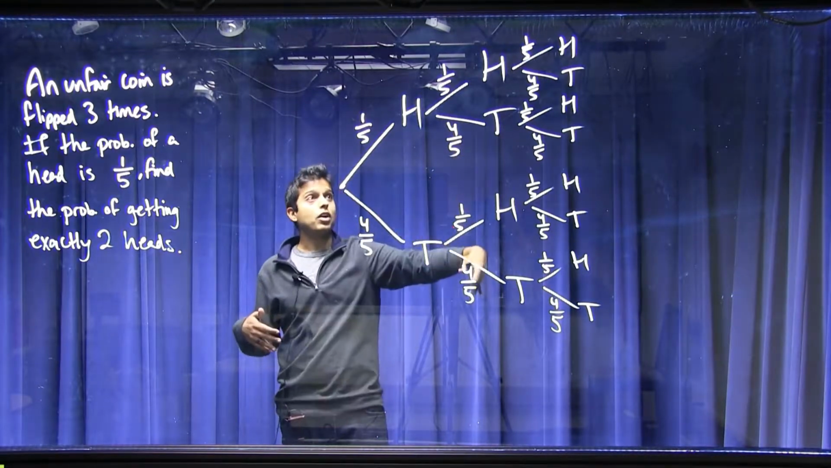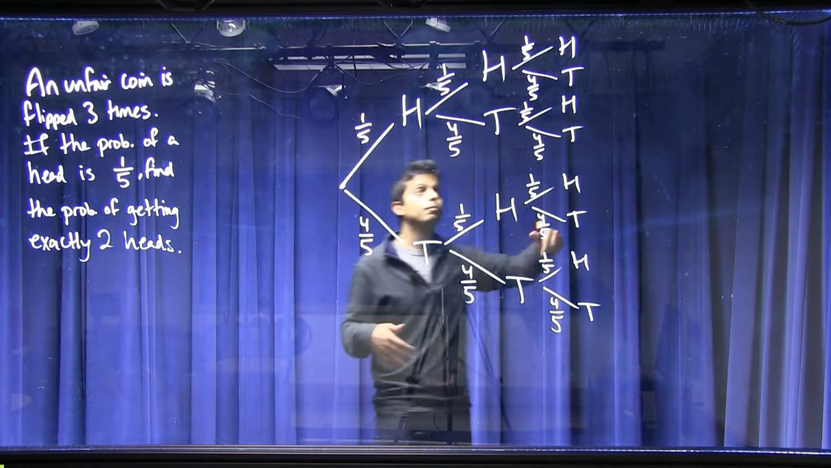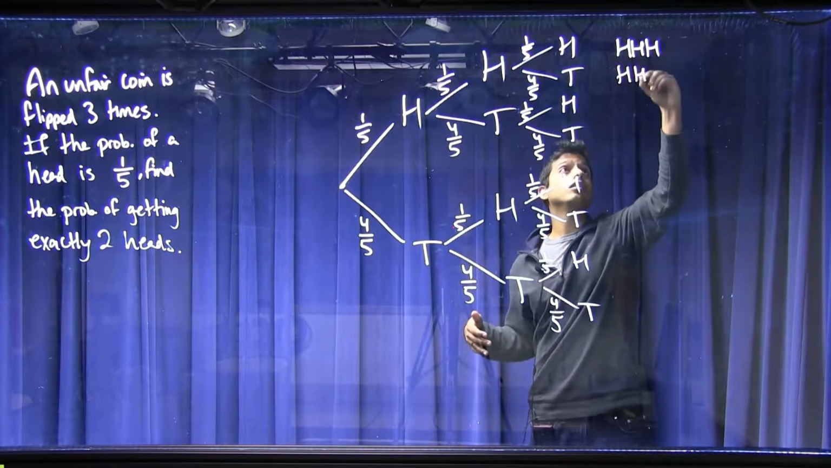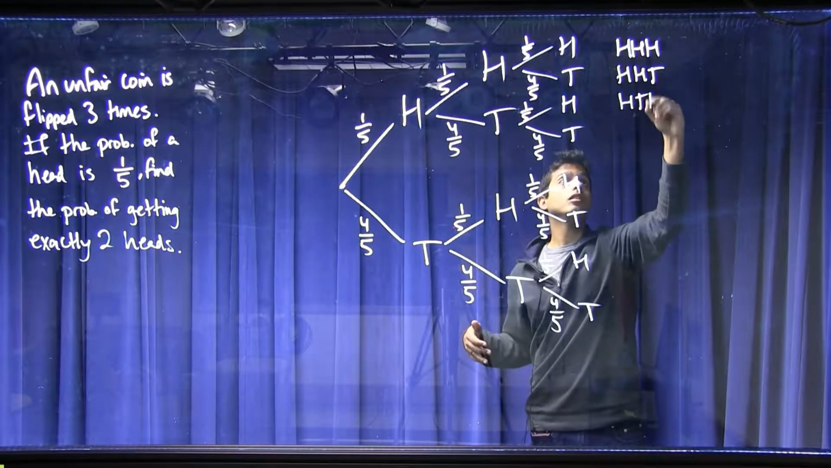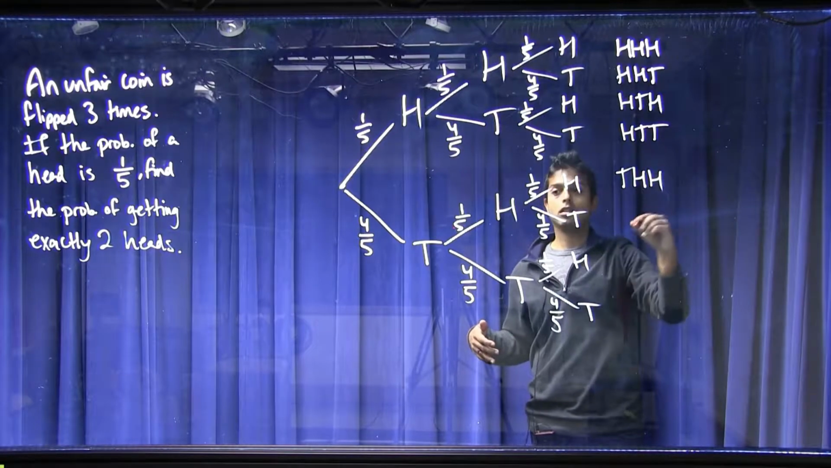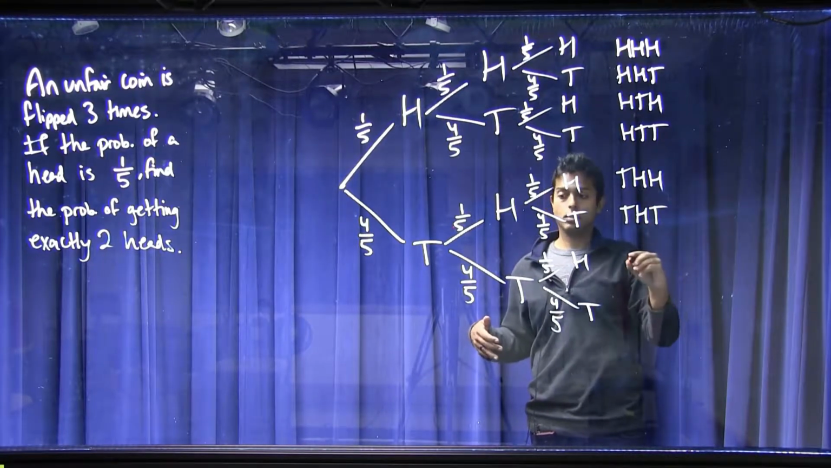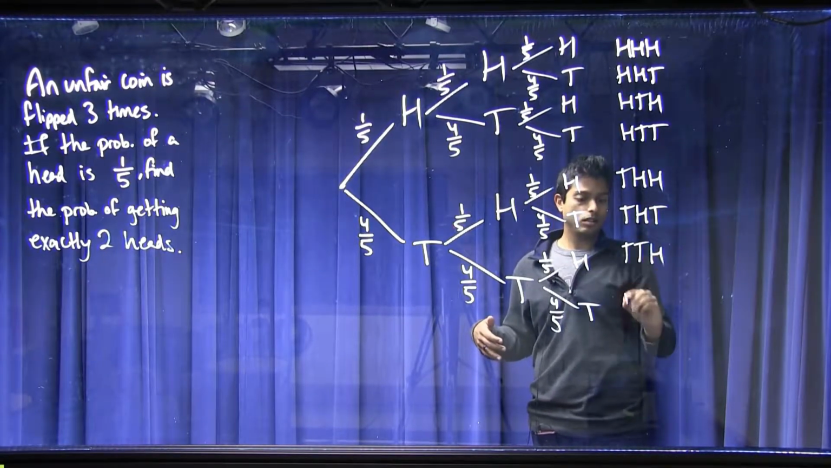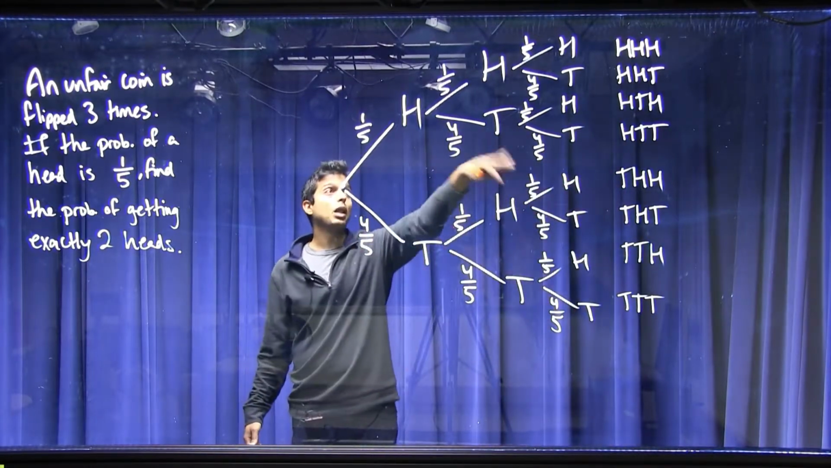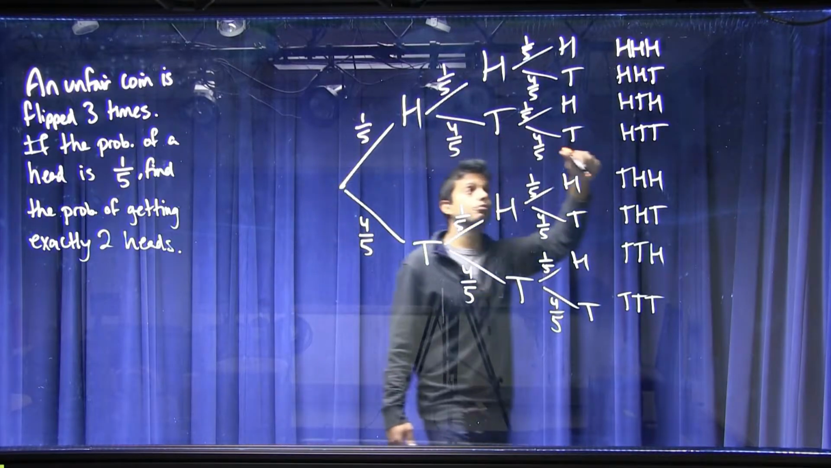Okay, now we can write down our outcomes. There are 8 of them, as we can see here. And now we can write down the probabilities. We just have to multiply across. So